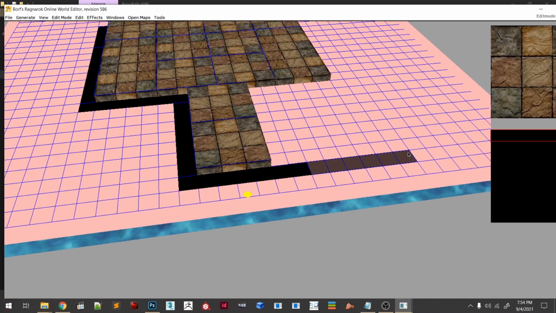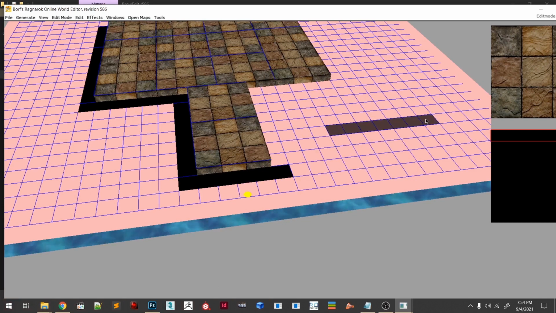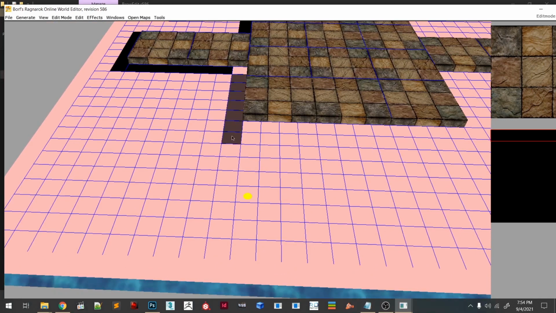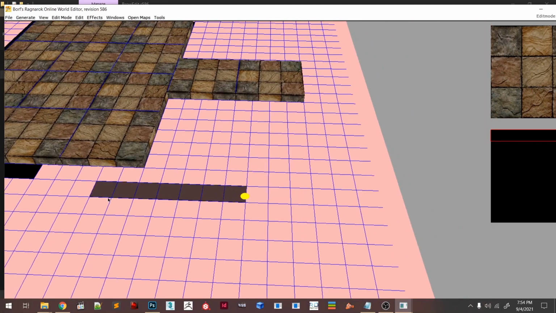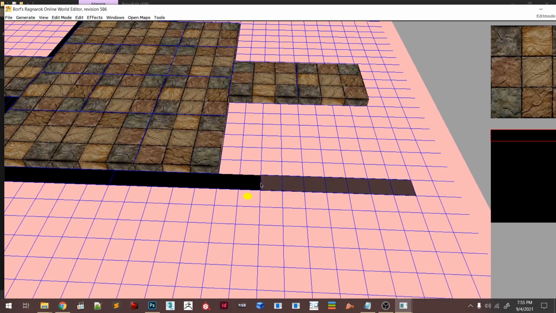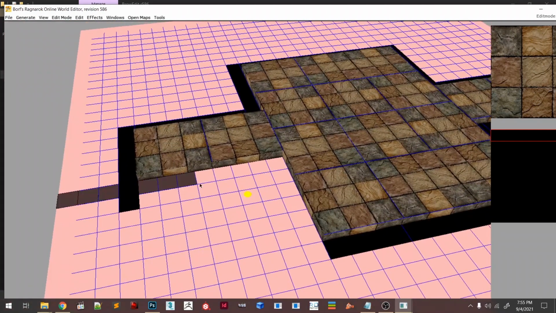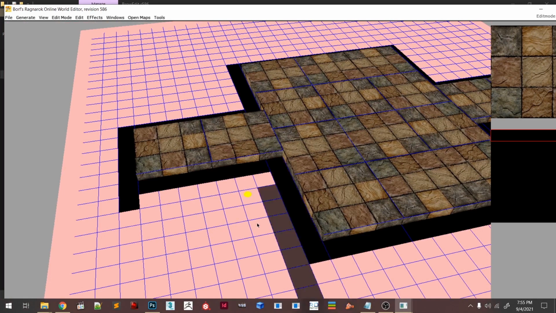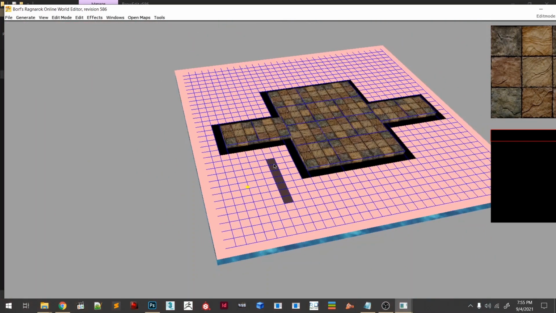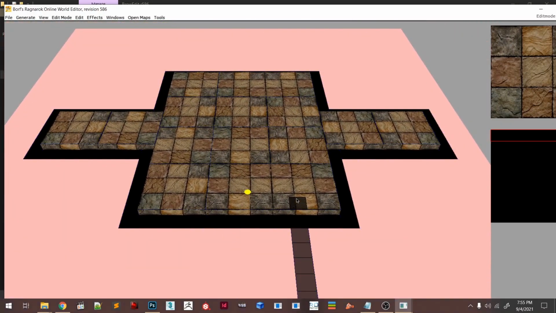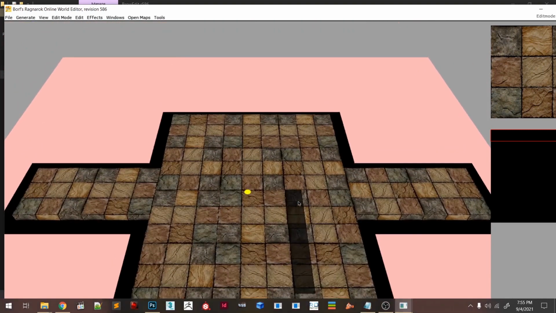So I'll make sure I fill around my map. So for example, I want to delete this piece of texture outside. What I'm gonna do is press backspace and you delete right there. So continue to fill around the map. Delete this piece of texture. Okay. Press G to remove the grid, and there we have it.